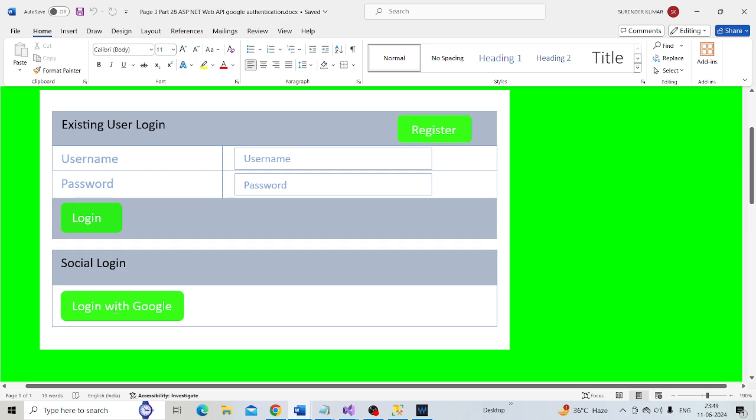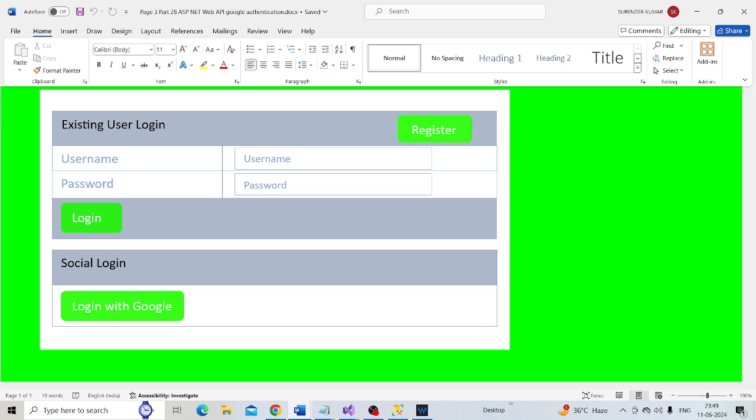Once we click this button, the application redirects us to the Google sign-in page where we provide our Google credentials, and once we are successfully authenticated by Google, it is going to redirect us back to our application where we can see the protected data. In our case, protected data is employees data. Let's look at this in action.